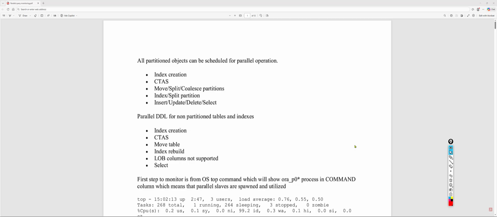So in this video we're going to see how to monitor and handle the parallel operations in Oracle database. Here, parallel operations means the SQL queries which are executing with parallel. Generally, parallel uses CPU as the hardware resource. So whenever we are using parallel, we need to consider the CPU capacity in our Oracle database and